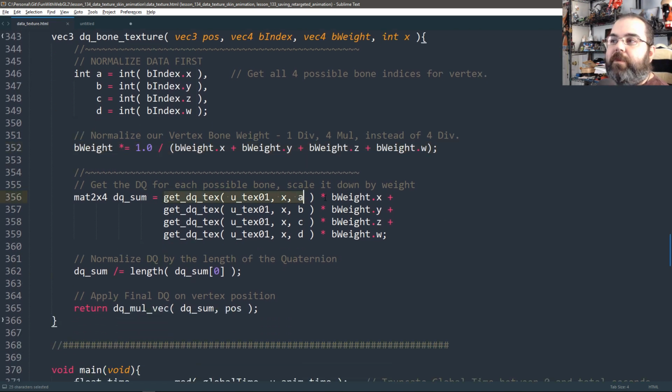Next, we're going to grab every dual quaternion pixel that we need. Every dual quaternion is 2 pixels. So we're going to grab bone A, bone B, bone C, bone D. We're going to get the dual quaternion of that frame. That's the X position and that's the Y position. The Y position is the height. It's the bone index. It's 2 pixels each, so we're going to grab 8 pixels of information, convert them to dual quaternions, and then multiply them by